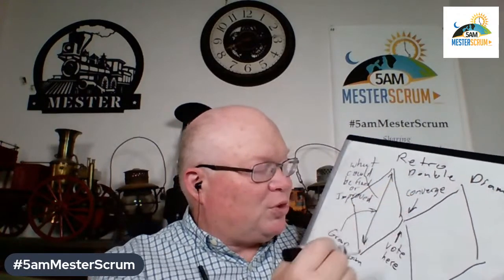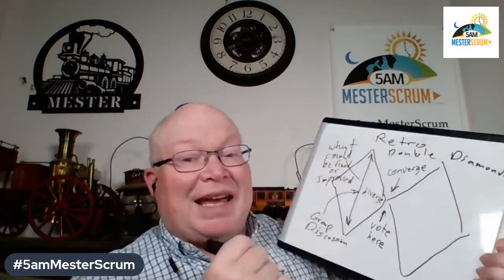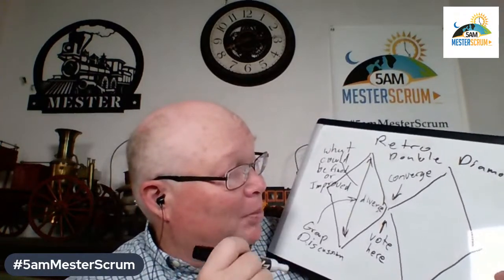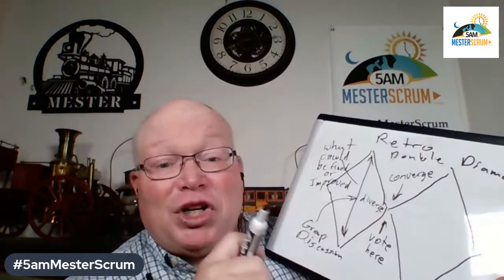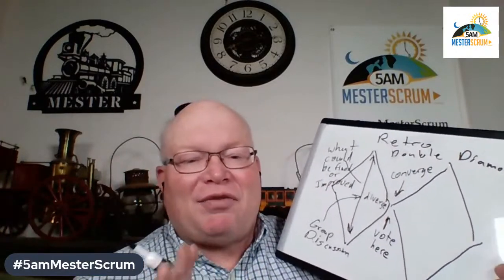So where they vote is where they converge. Diverge is that gap between the highest part of the diamond and the bottom part of the diamond. That's your diverging. Convergent is where they all vote on all these topics that you said they could cover,